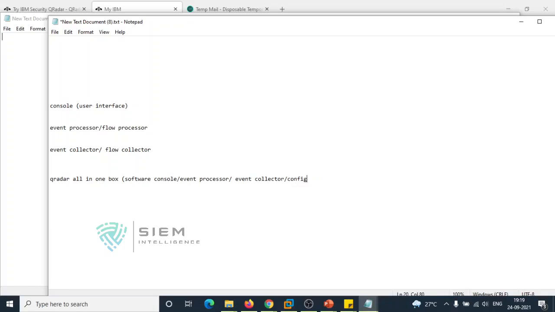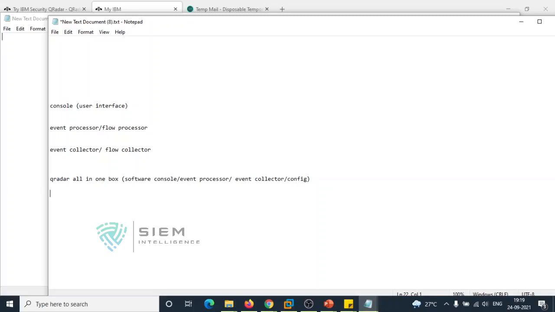We will talk about those things in the near future. So we can also consider an all-in-one box. This is a full set in one appliance where your entire setup is in one box. There is also something called a distributed environment.